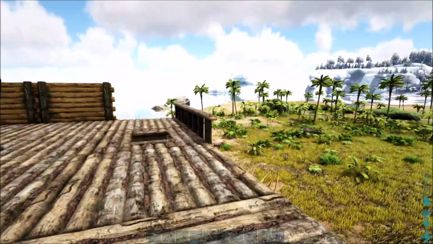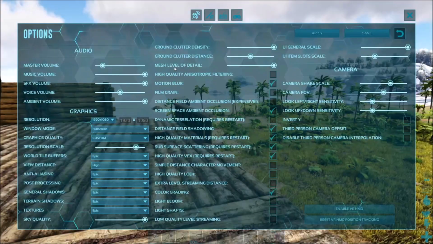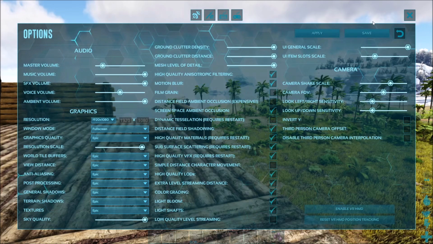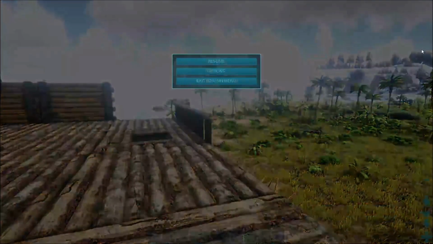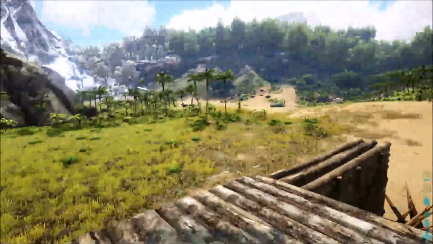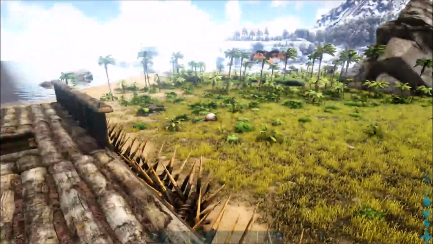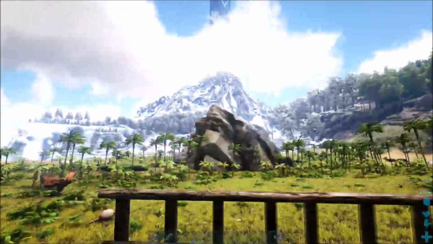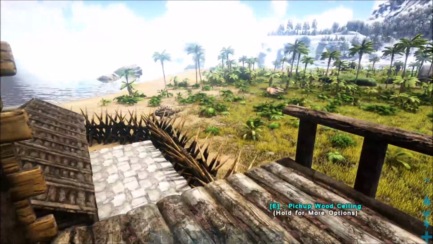The game is supposed to be at its highest settings as well, so we can go in here and take a look. Let's see, I want Epic. Okay, let's see how this runs my computer. I can already tell it's a little bit more, it's kind of dropping frames a little bit. You can see how it's like a little bit glitchy. But this is on the highest settings that the game